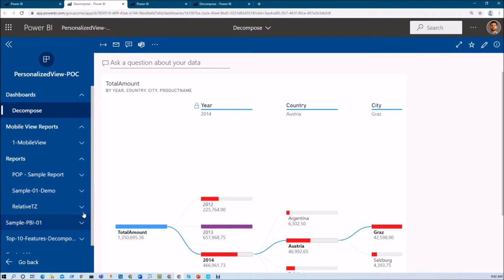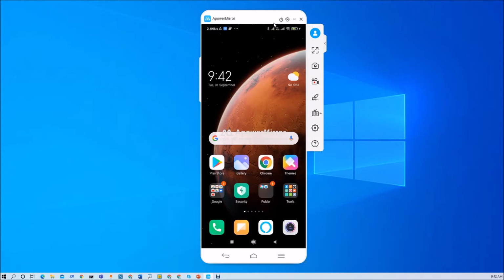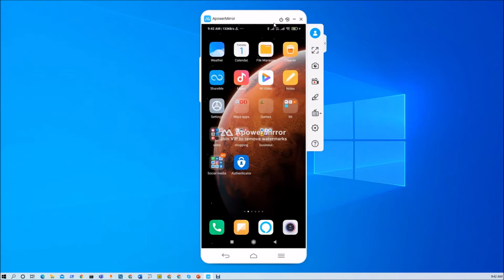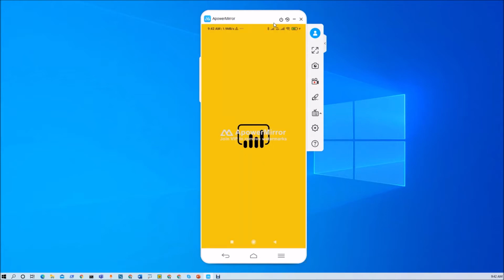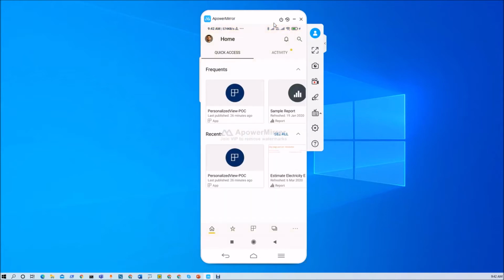Now how does this navigation look in the mobile view? Let me show you that in detail. The mobile layout also provides a very good experience using which we can easily navigate through the different components of the apps. On your screen at this moment you can see the replica of my mobile. Now I am opening the Power BI mobile application from my mobile. So let me open the Power BI mobile application over here and let's check the other things.